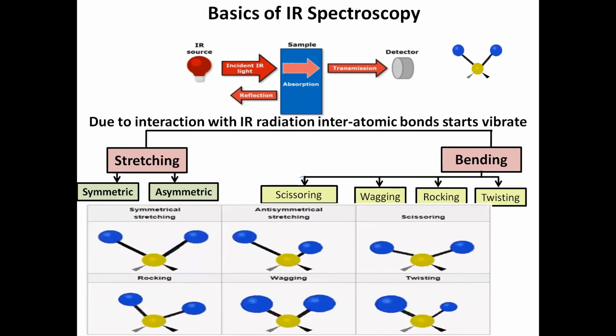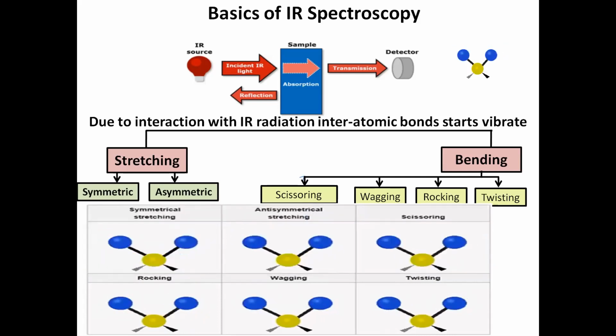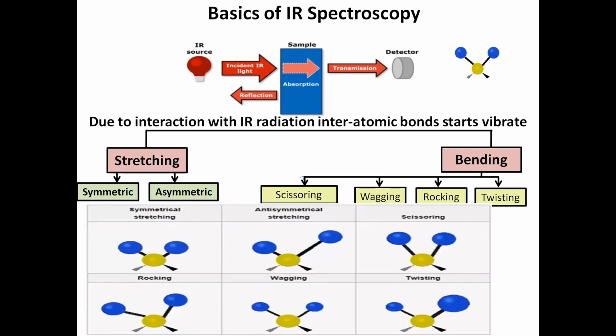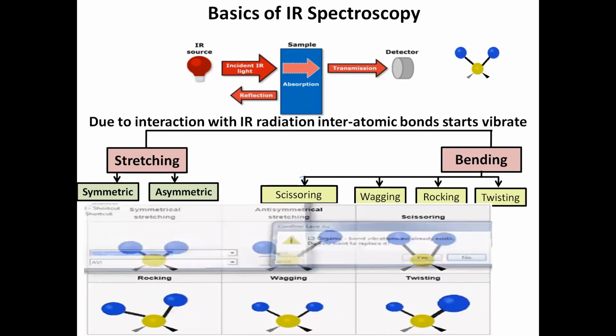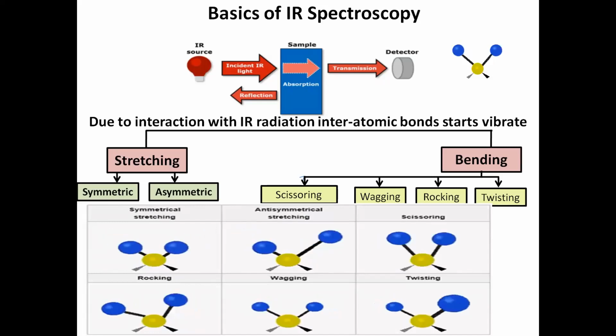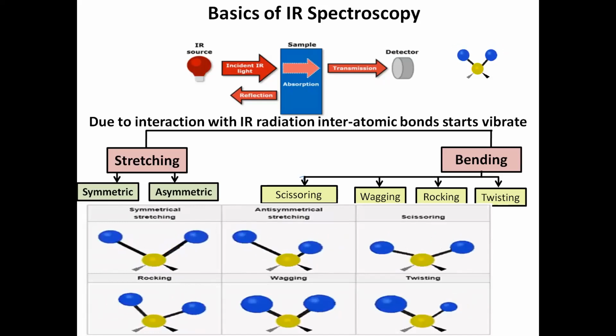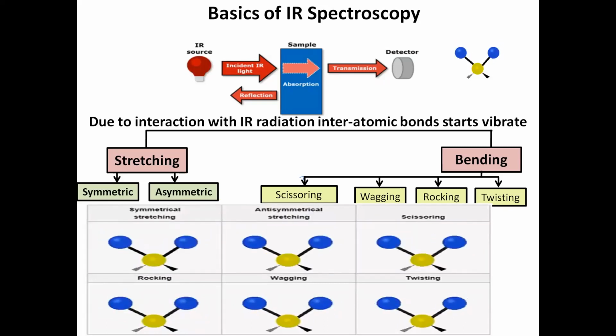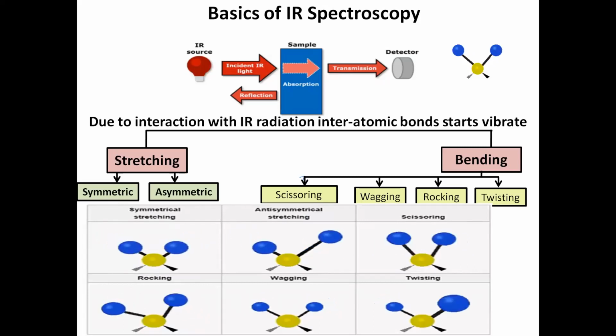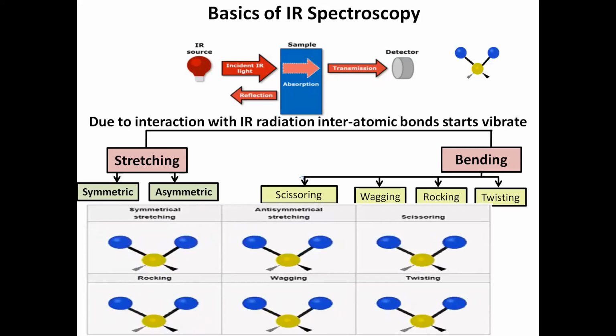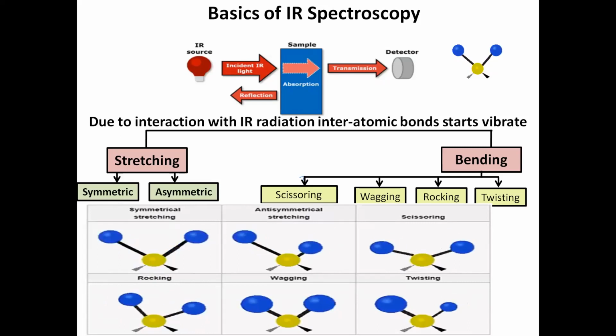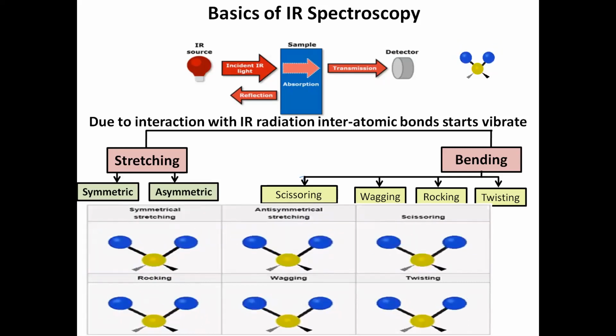Now you can see the stretching, symmetric and asymmetric stretching. You can see the top one, first one and second one. Symmetric stretching, like this: at a time, both atoms come close to the center atom, and then they go away at the same pace from the center atom. So this is symmetric stretching. Then your second one is asymmetric, meaning one is going away while another is coming close. This is going away, this is coming close. But this is stretching, this is not bending. So this is asymmetric stretching.